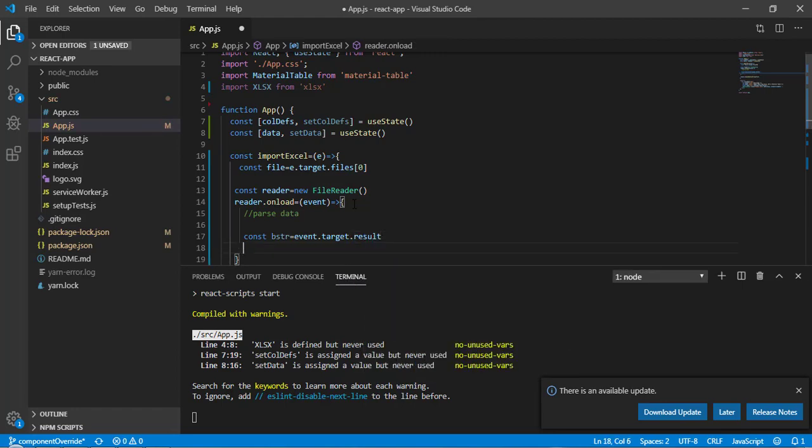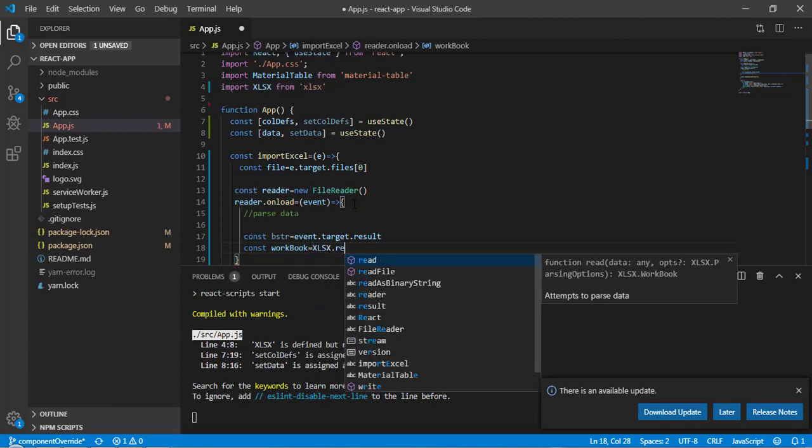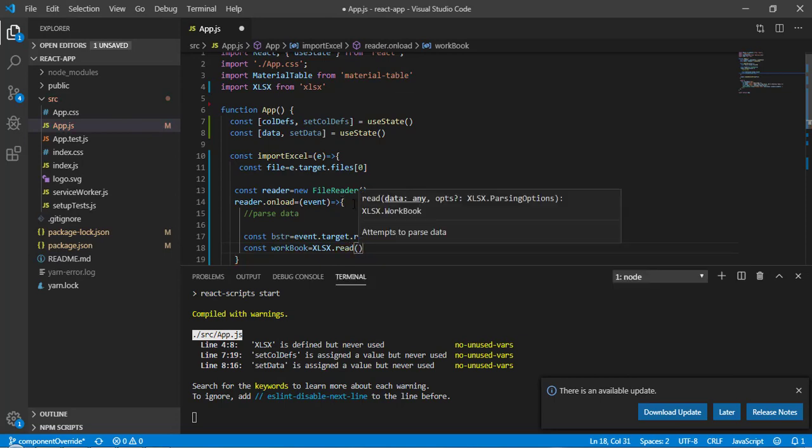Okay, and after this we will get our workbook. So for that I will write const workbook equal to, and we have installed our packages, so let's use this .read. And this function is going to take two parameters.